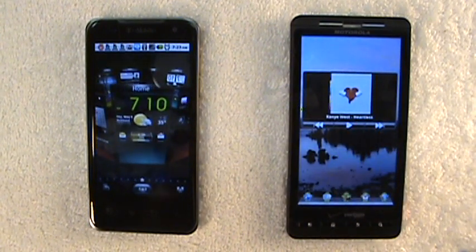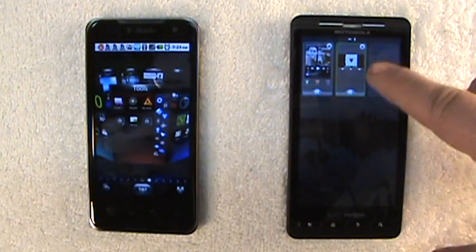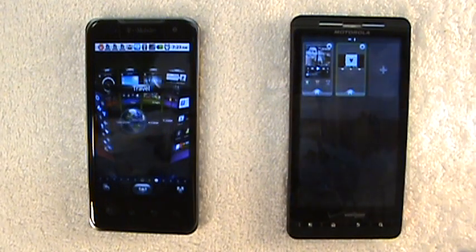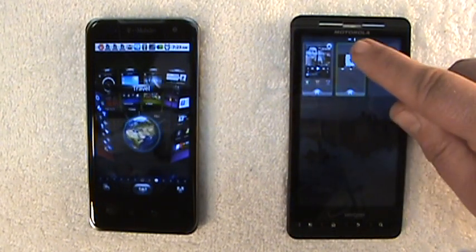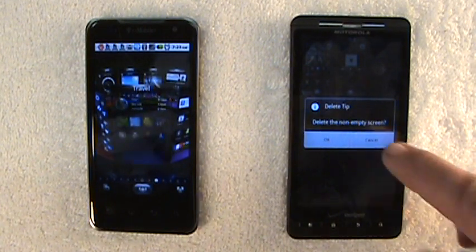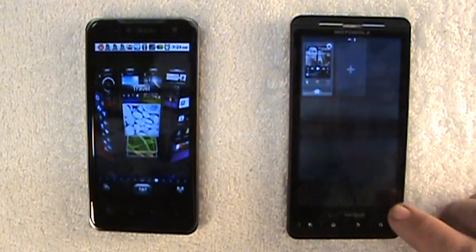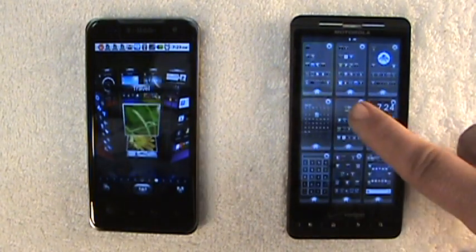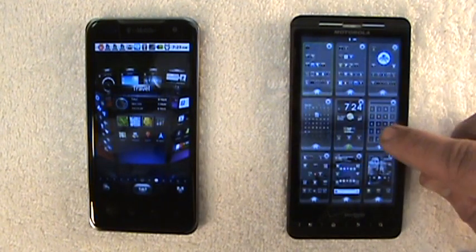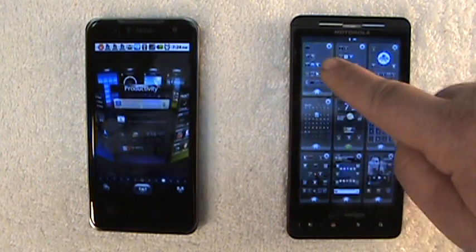Now if I want to get rid of that home screen, I go in here, and like I was showing you, if there's nothing on the home screen, I just hit that X and it disappears immediately. But if there's something on there and I hit that X, I can't accidentally get rid of it. It'll come up here and ask me if I'm sure I do want to get rid of that home screen. So I would put OK. Go back to this other one. Click OK. Those are gone now, and any of these home screens, like this is the far left hand